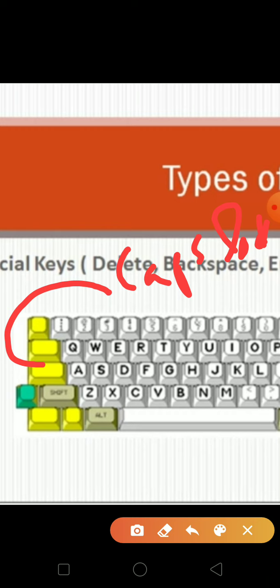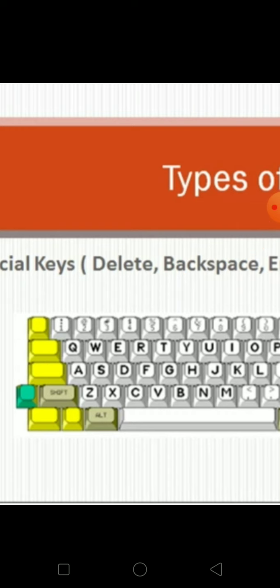Okay, children. When you press caps lock once, you turn it on. The caps lock light gets switched on. When this function is on, all alphabet keys type in upper case. Press caps lock again to turn this function off. So children, understood? When you press the caps key once, all the alphabets will be written in capital letters. Again, when you press the caps key, it will turn back into small letters. This is the function of our caps lock key.